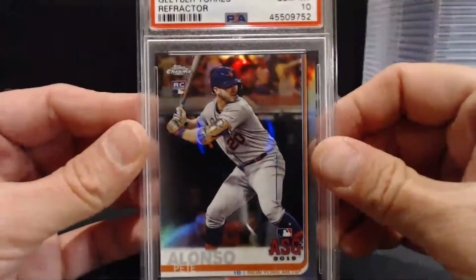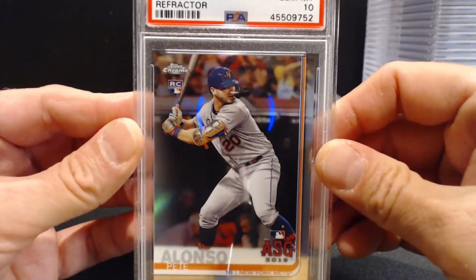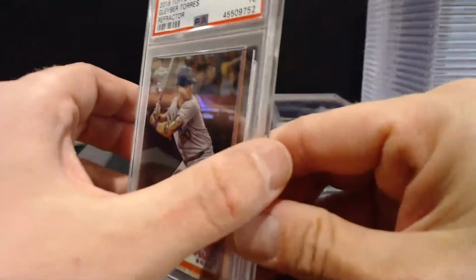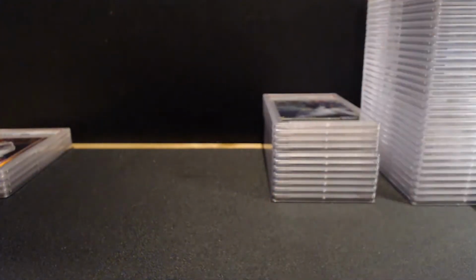And then we have, you guys can tell me what's wrong with this one, a 2019 Topps Chrome Gleyber Torres refractor. And it's Pete Alonso, so it's not Gleyber Torres. But that gemmed as a 10, and that's numbered to 250. And it's my understanding that when they make a mistake like that, the grade carries over. They'll just get the right label on that for that. So that was my sub in a nutshell, and I'm going to show you